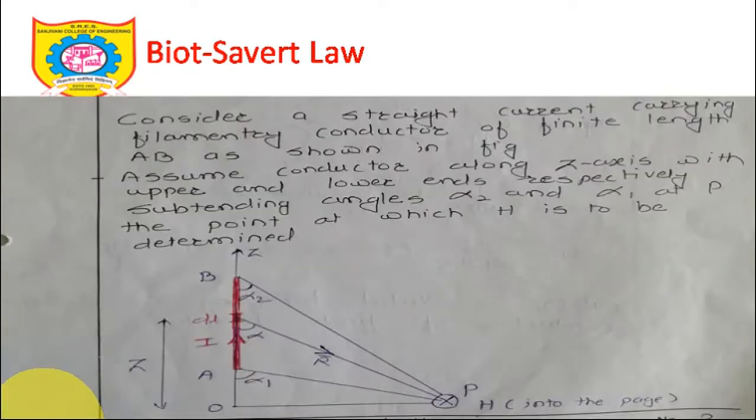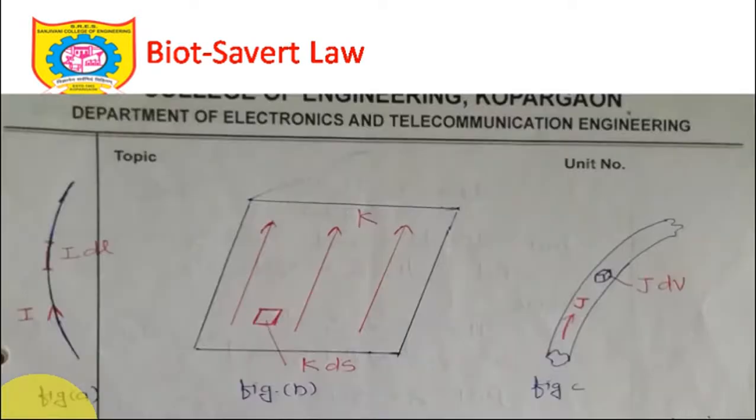The next thing, it's better to start in the next lecture, because I need to take you through certain derivations where we are supposed to solve certain numericals also based on that. So right now this was the basics of the Biot-Savart law. I hope you have understood. If you have not understood, just listen to this video once again and you'll come to know about these facts, and try to refer to a book also if you want to. The book is Matthew Sadiku, which we are referring to till unit number 4, and even for unit number 6 also. So right now I will stop here. Keep learning, and thank you very much.